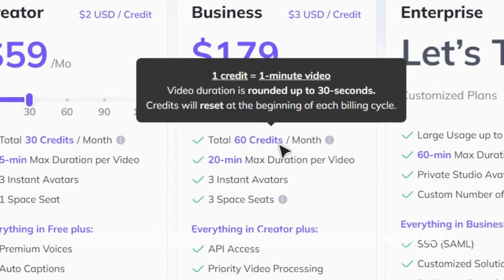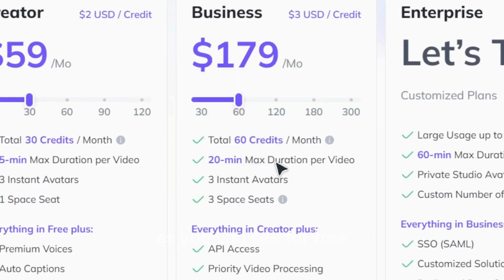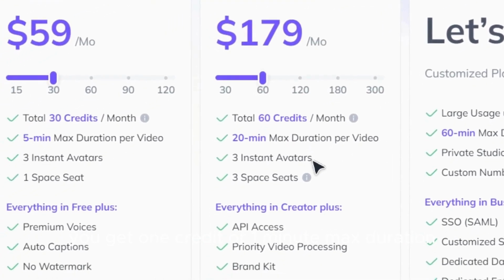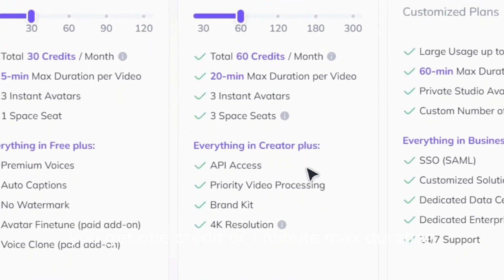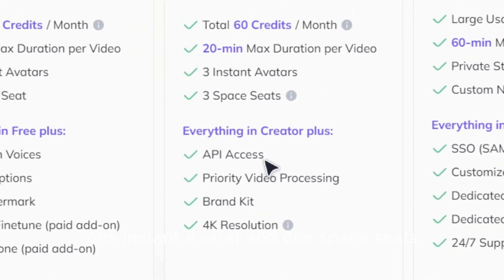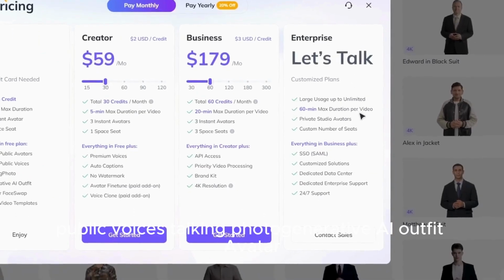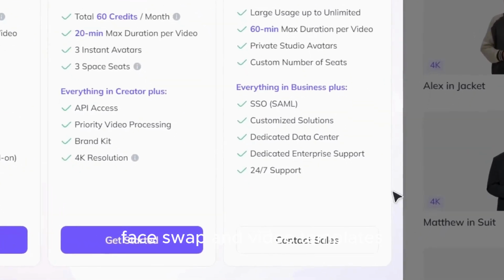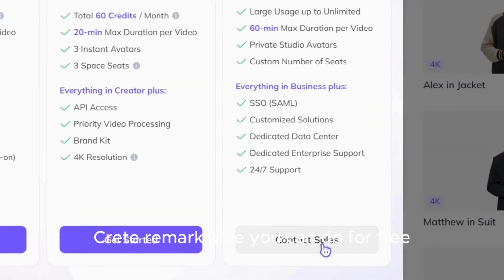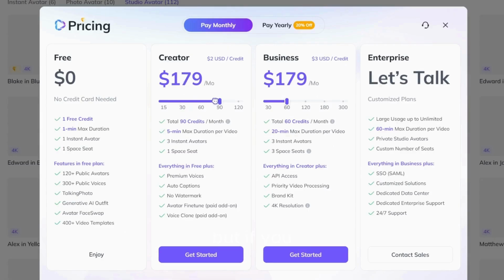Now you might be wondering, what's the price? As you can see, for free, you get 1 credit or 1 minute max duration, 1 instant avatar, and 1 space seat. So that basically means how many people can be in your account. It features public avatars, public voices, talking photo, generative AI, outfit, avatar, face swap, and video templates. Create remarkable videos you can do for free,